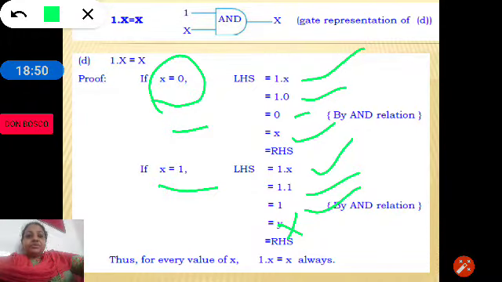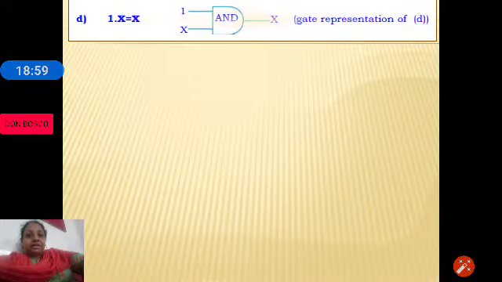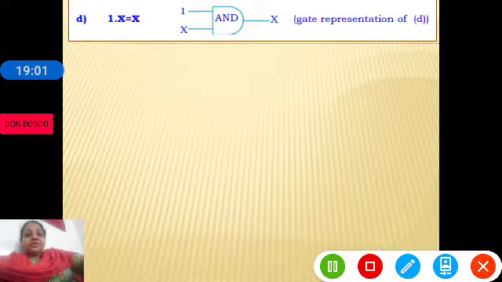Let us prove the same theorem, 1 and x, using the truth table. So let us take the truth table. As you can see here, for the AND operation, one input is 1 and the other input is x.